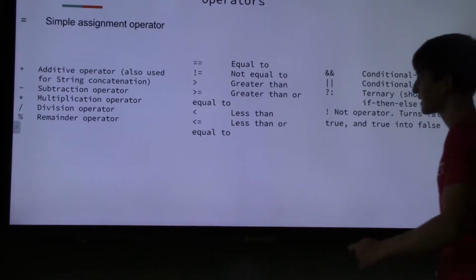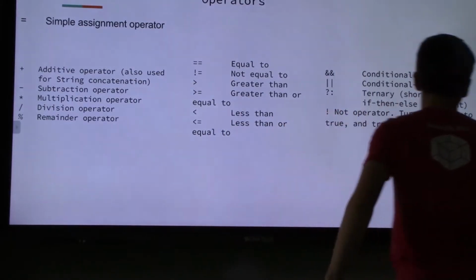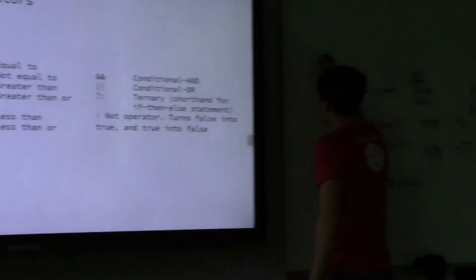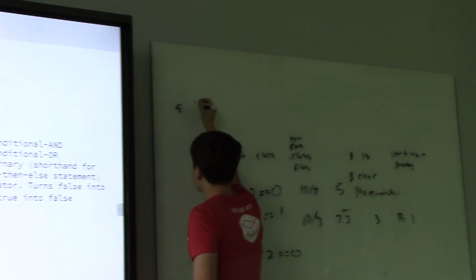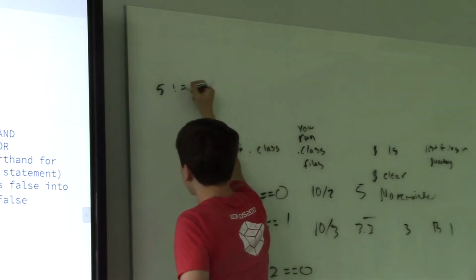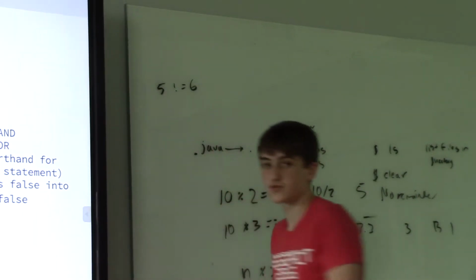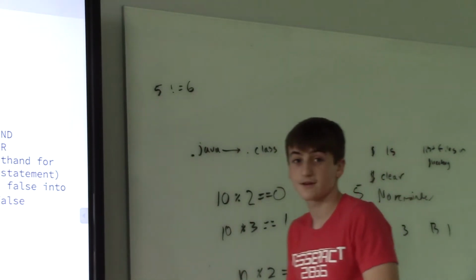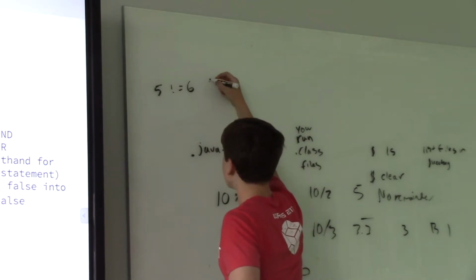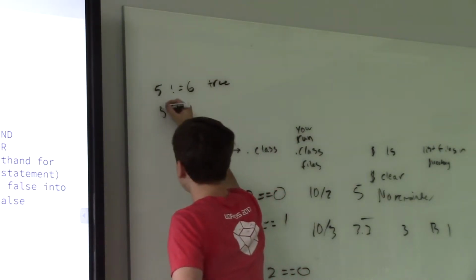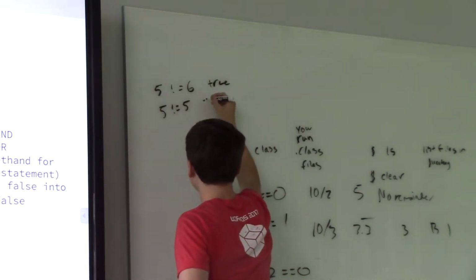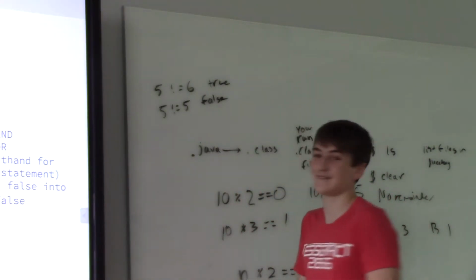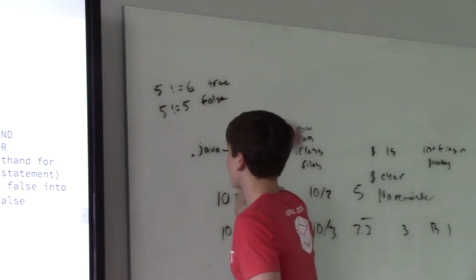Let's take not equals, which is exclamation equals. It's a little confusing. If you have two things, like let's say 5 and 6, and you write 5 not equal to 6, this is true because 5 is actually not 6, unsurprisingly. However, 5 not equal to 5 would be false, because 5 is actually equal to 5. It's not not equal to 5, which is actually something you could write. But anyhow,